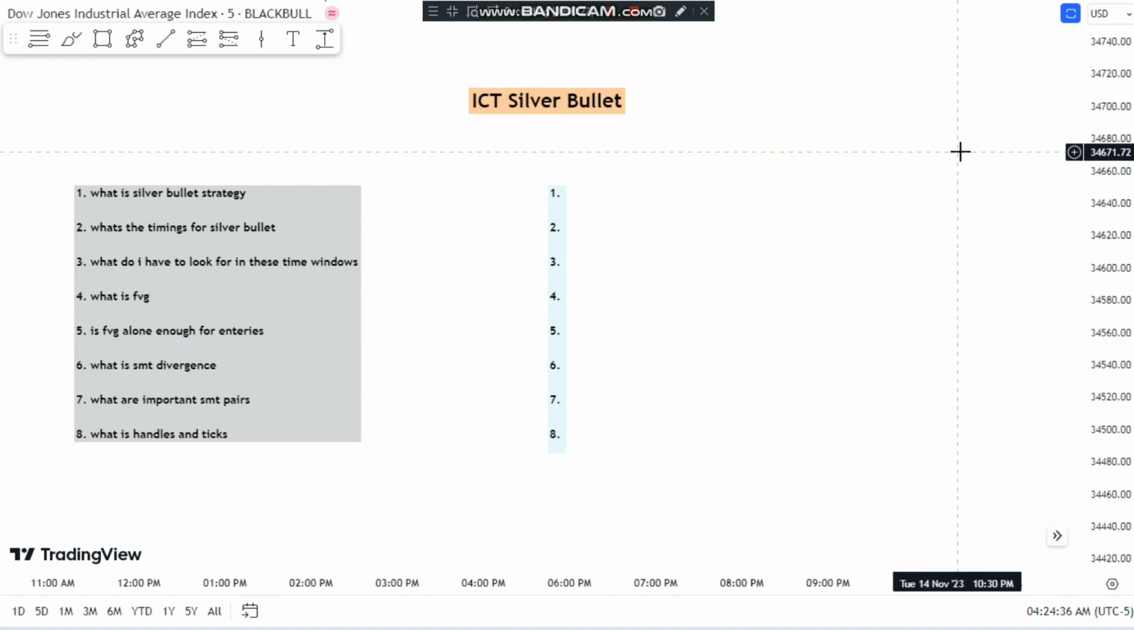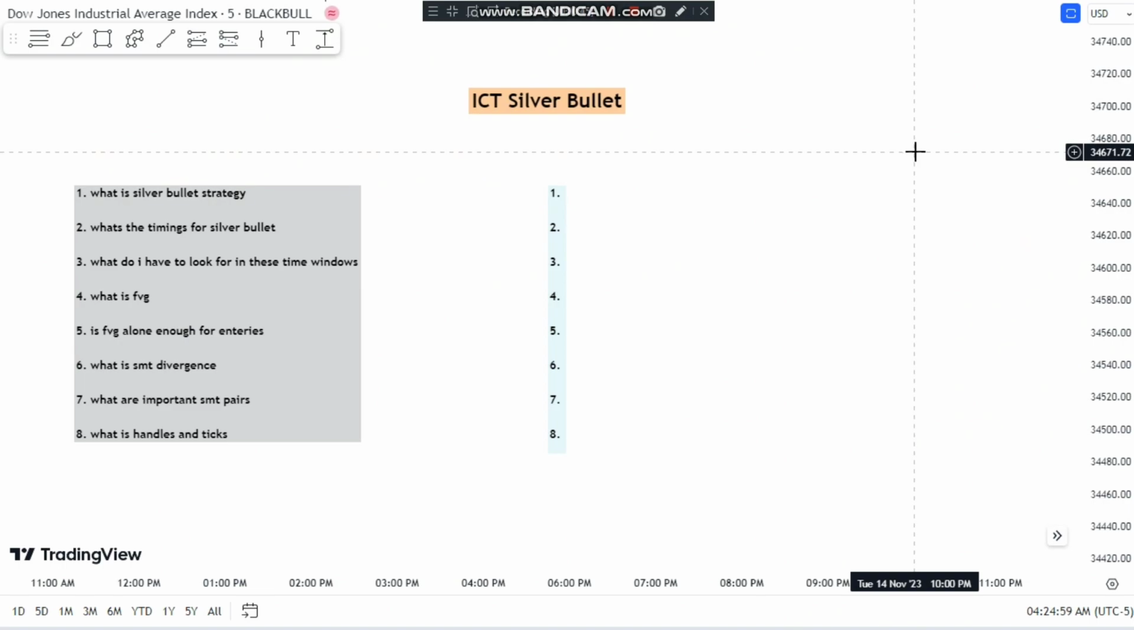What ICT does is, he makes it too complex by saying find a fair value gap after a liquidity sweep. So if you can find a liquidity sweep, you just don't need the silver bullet strategy. Finding a liquidity sweep is the most difficult thing to do in trading. So I won't use the liquidity sweep concept in my lecture, and I will try to keep it as simple